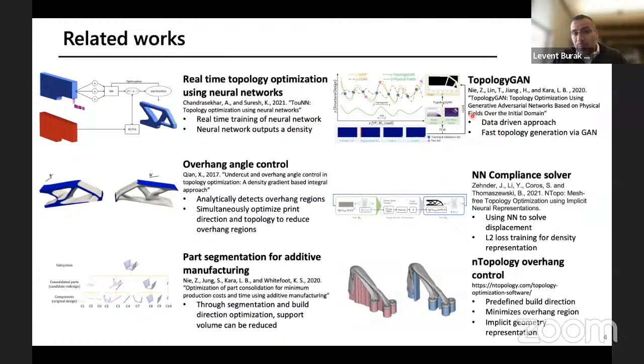Likewise, a lot of data-driven approaches have been proposed to date, in which the approaches would sample across different boundary conditions so as to learn a way to do real-time topology optimization based on previously obtained training data. Other more recent works are looking at using neural networks as a replacement for finite element analysis to do compliance calculations, displacement calculations, for instance, all through a neural network. And finally, there are commercial interests in creating structures that minimize, for instance, the support structure needed and modify the geometry accordingly.